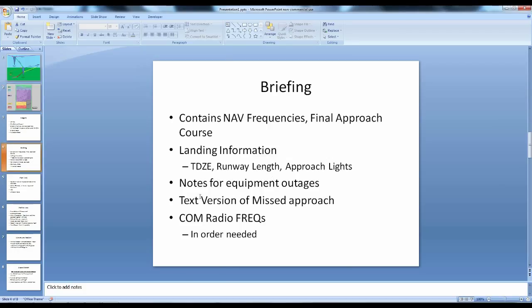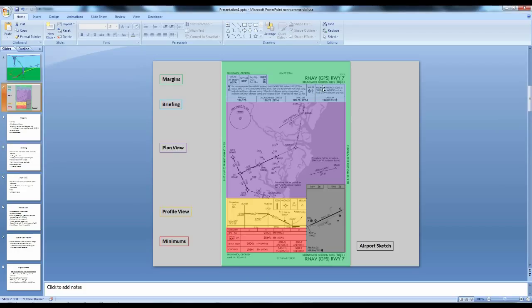It has notes for equipment outages. This big block here that nobody in Flight Sim ever reads contains your notes for equipment outages. So when something's broken